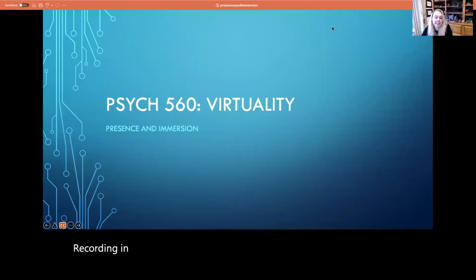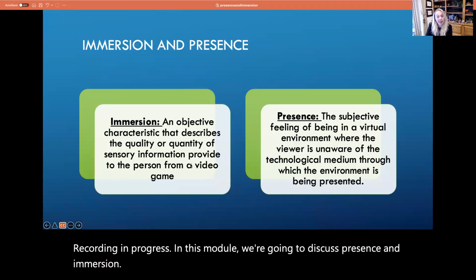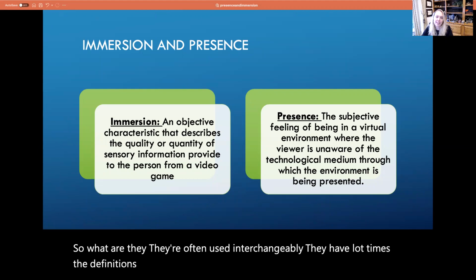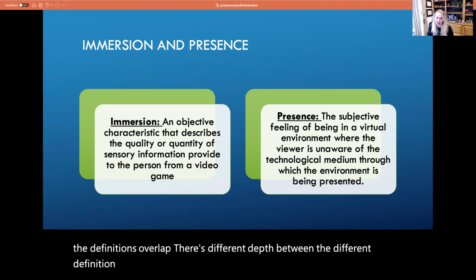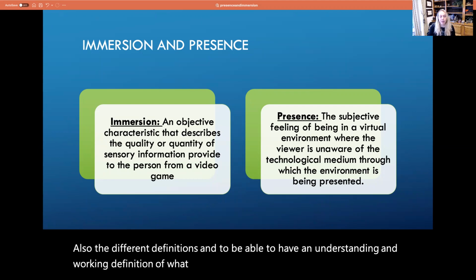In this module, we're going to discuss presence and immersion. So what are they? They're often used interchangeably. A lot of times the definitions overlap, and there's different depth between the different definitions. So we're going to start from the top and then try to simplify the different definitions, to be able to have an understanding and working definition of what they are as you go through your readings and activities